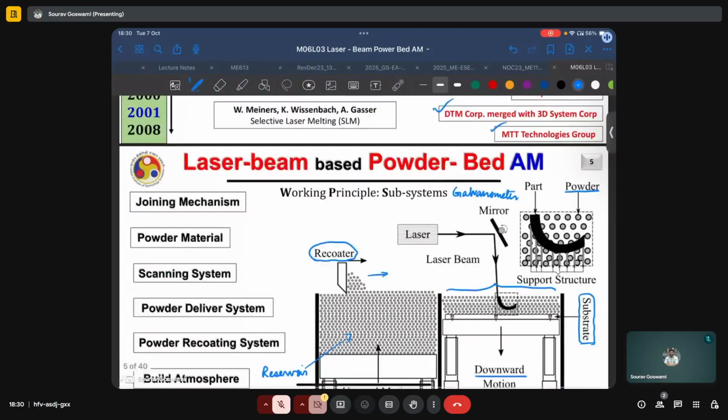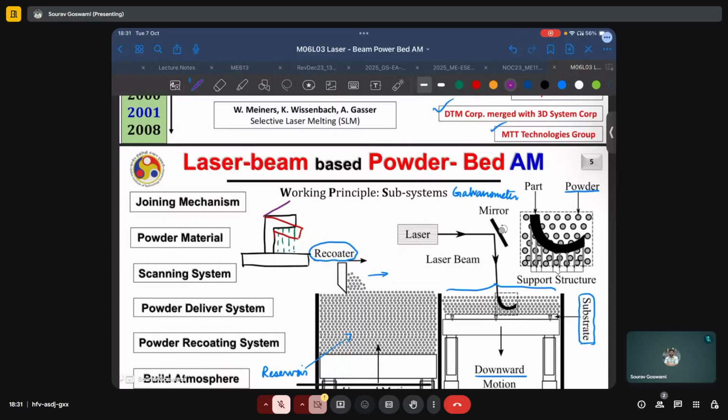So say I am printing something like this part. Because of overhang, this region will tend to fall down, and so I will want to have supports in this region. In the absence of support, this part will simply collapse. In this case, however, the surrounding unmelted or unsintered powder particles can maybe assist in taking the weight of this unsupported region. But what we are more worried about is